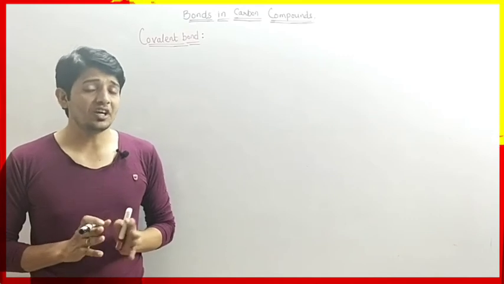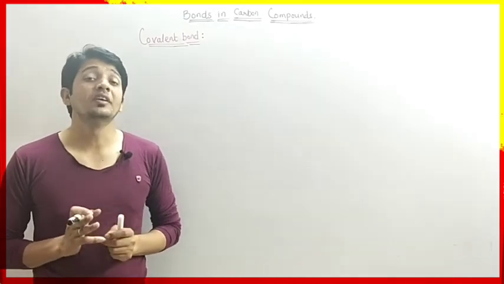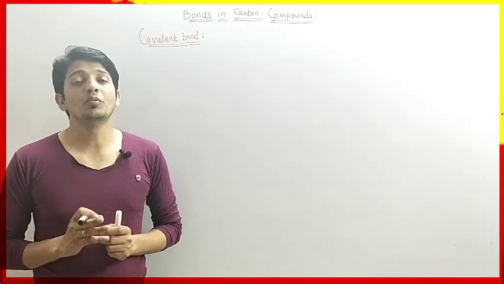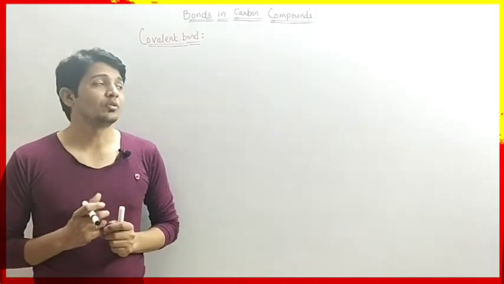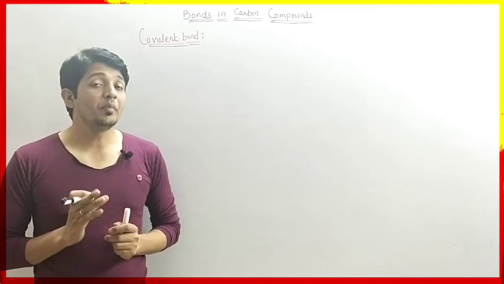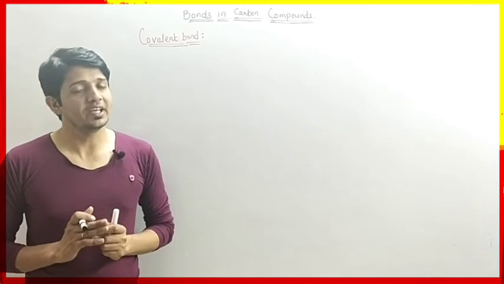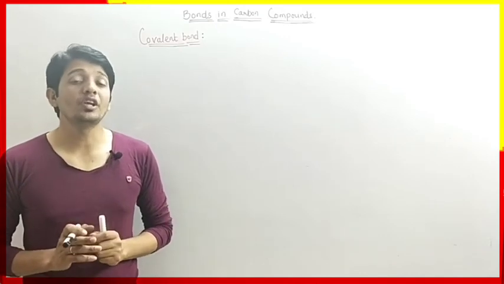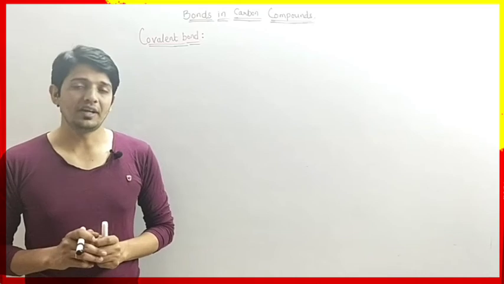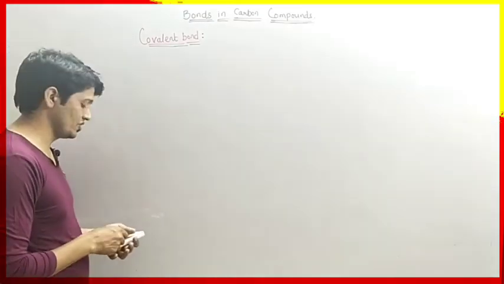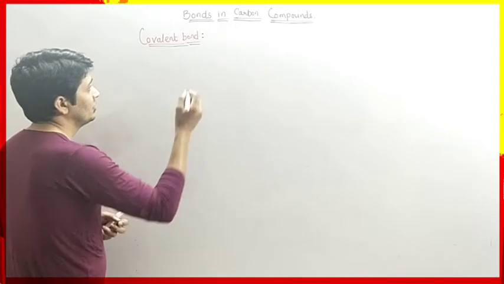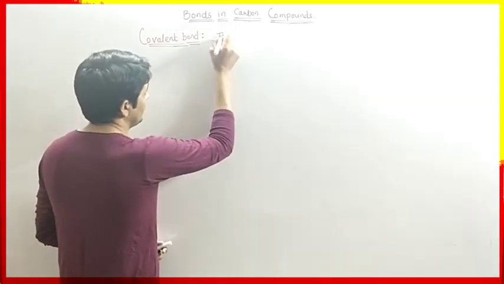And we have just understood about the carbon atom, how it is going to form bonds with other atoms. Okay, so they also form bonds by sharing of electrons. Hence we can say carbon generally forms covalent bonds with other atoms. Okay, so we have to understand the covalent bond first. So its definition is the bond which is formed by